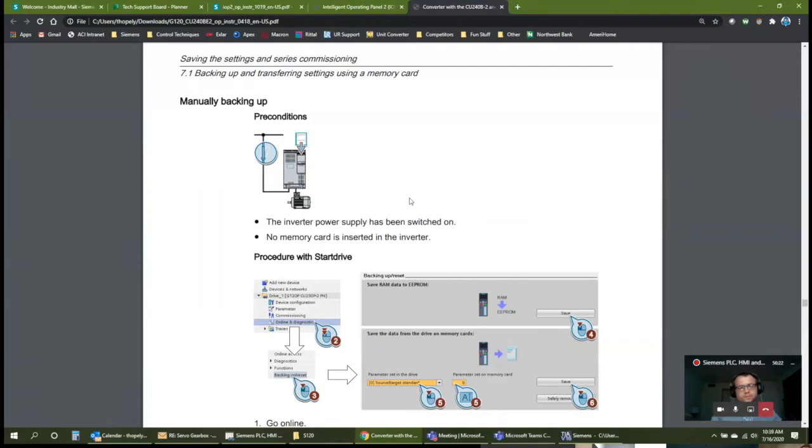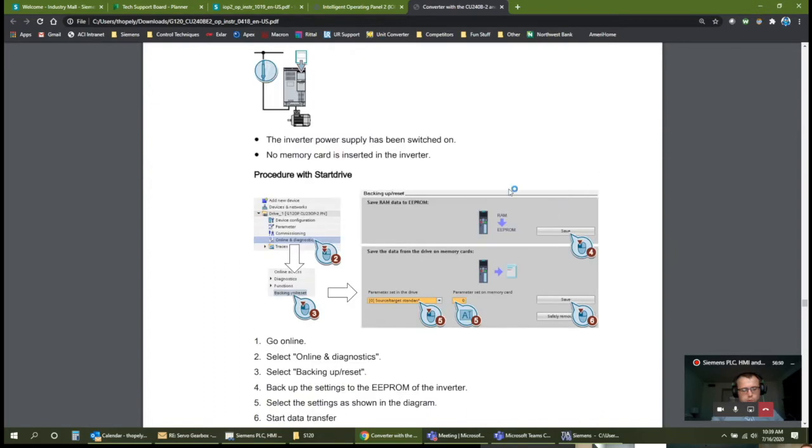In my experience, cards get reused a lot, so that's certainly a possibility. When that drive powers on and sees there's a parameter set on the card, it's going to then pull that parameter set from the card, wiping out your old parameter set, assuming it's the same hardware and that kind of stuff. So to play it safe, keep the drive on, insert the SD card while it's on, and